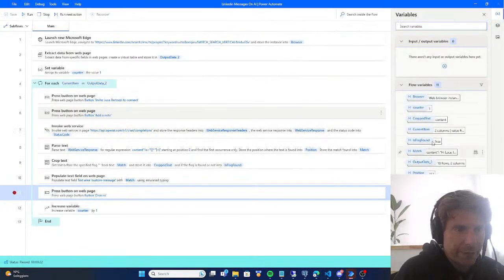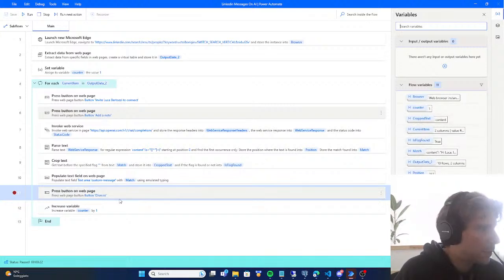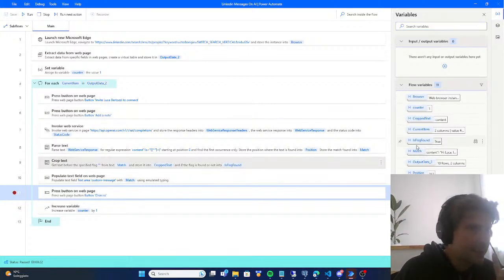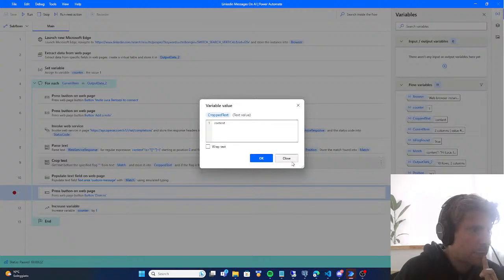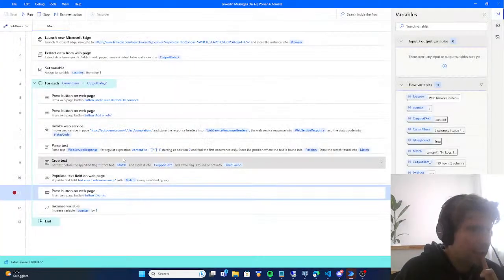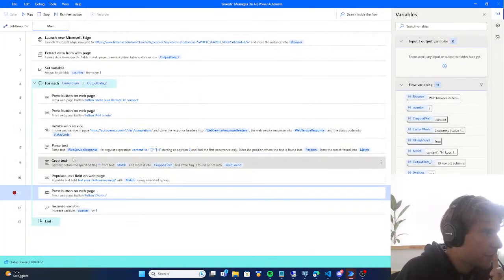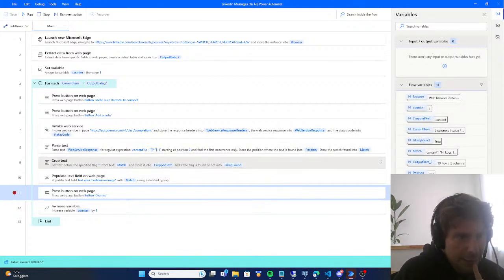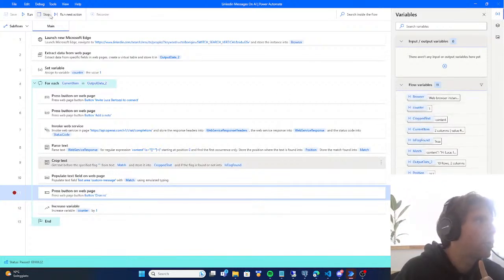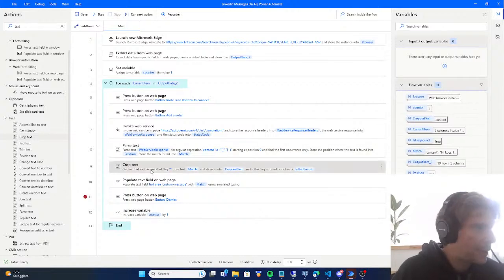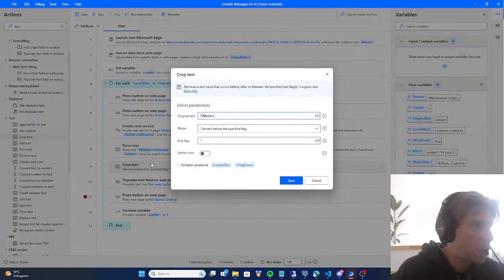So let's fix all of these things right here. And let's see, first of all, the crop text that we got. So the crop text that we got, we just got content. So that means that it is taking everything before that. So I want to take everything after this actually. So let's go right here. But let's inspect any of our variables to see if there's anything else that we should look at before we stop it. No. We can stop our process and do those little fine tunes